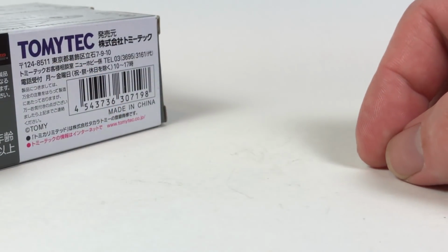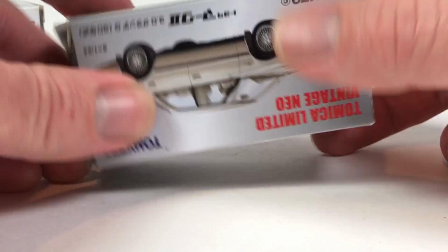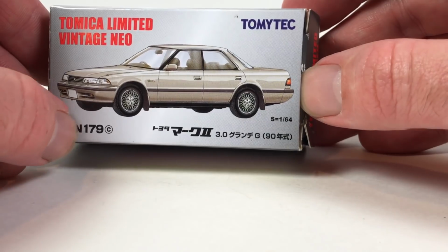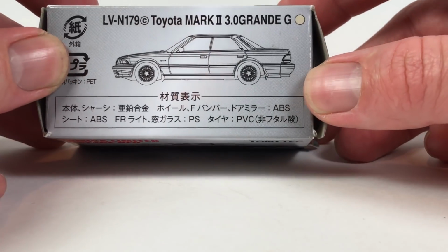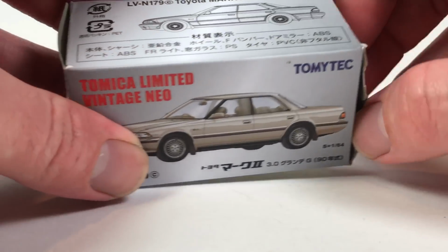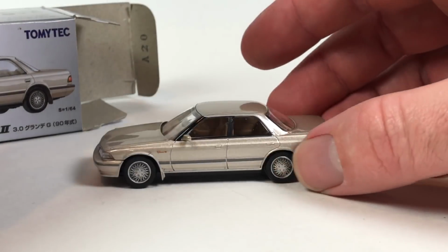All right. And then lastly, I'm just going to grab all these out here and get them close. We're going to go over these Tomica Limited Vintage cars. So we have a total of, looks like, 7 cars here. We're just going to grab them, look at them, and enjoy them. Starting with LVN Tomica Limited Vintage Neo 179 version C. I love their numbering system, by the way. It's great. Toyota Mark II 3.0 Grande G. They get very specific with the trim and model of the car that they're doing, which is very Tomica Limited Vintage. The boxes on these cars are not in the greatest of shape, and I just can't bring myself to care about it. I know the box condition does affect the value,